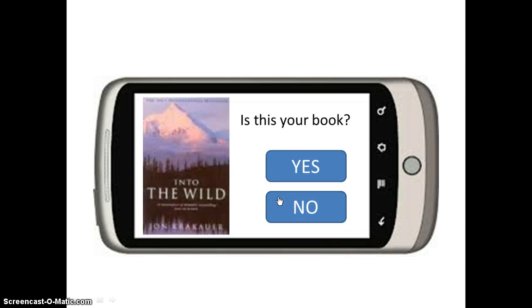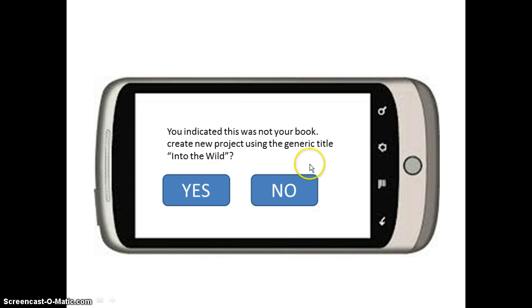We type that in and hit enter, and it's asking if this is your book after having done a browser search to see if it had any matches. In our case, we're going to say that no, it didn't. This is not the Into the Wild we were looking for. So we do have the option to customize our text, and